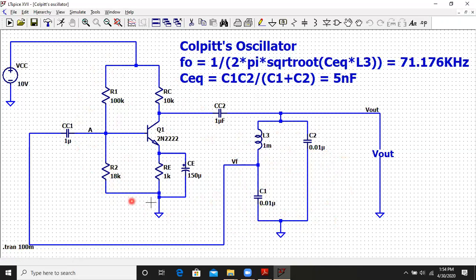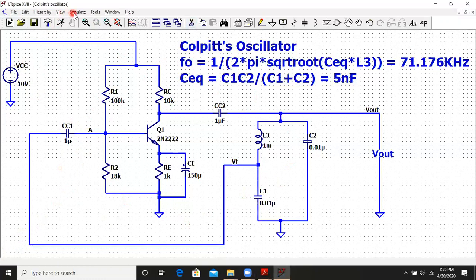So this amplifier produces a phase shift of 180 degree since it is a CE amplifier, and this LC tank circuit produces a phase shift of another 180 degree. So the total phase shift around this loop is around 360 degree or 0 degree. The entire circuit, that is the Colpitts oscillator, is powered by a 10 volts DC power supply. Now let us go and directly simulate the circuit for y'all.